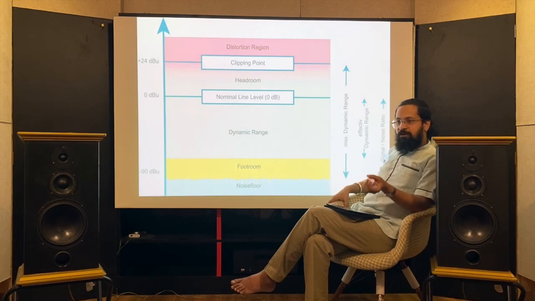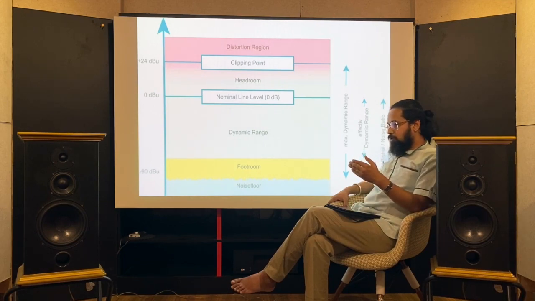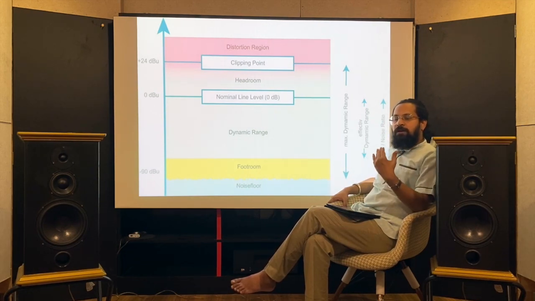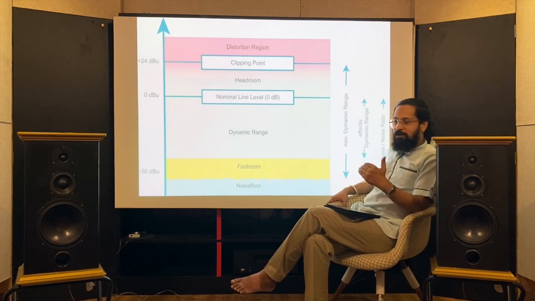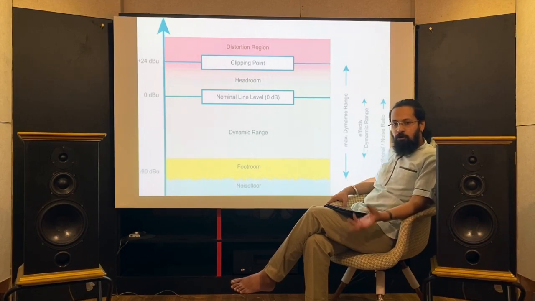When you are buying an amplifier, please have a look at the signal to noise ratio. If the signal to noise ratio is anything above 98 or 99, then you are buying good equipment. If it is below 90, you are buying below average equipment, that is just made for lifestyle and not for audio purpose.